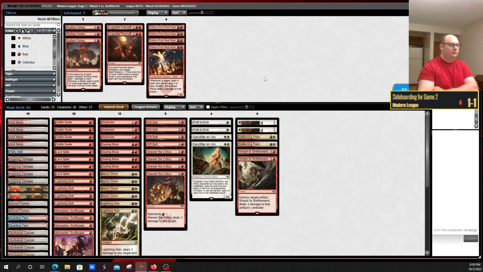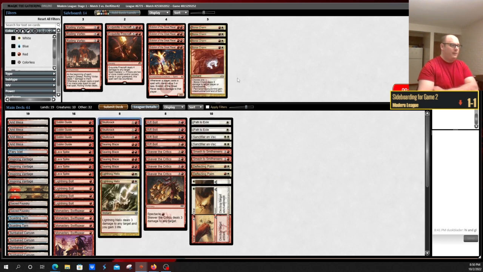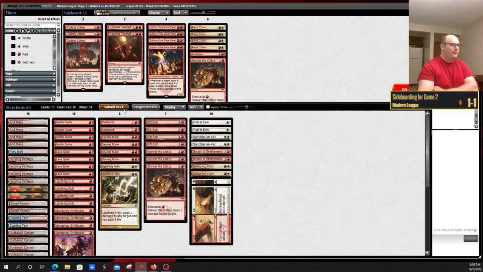Opponent has disconnected. It's gonna feel like we go down on Boros Charms. Skullcracks have their place, although I might trim one and trim a Skewer the Critics. Alright, opponent is disconnected. We'll see if they...